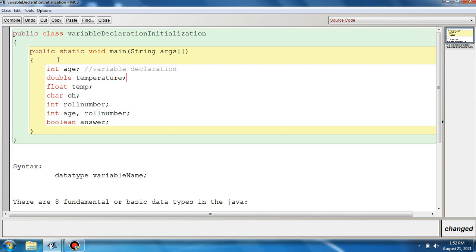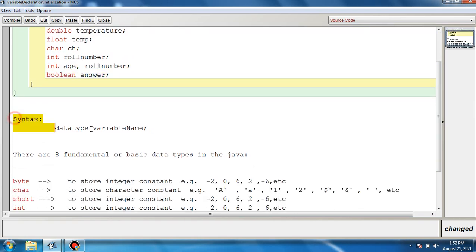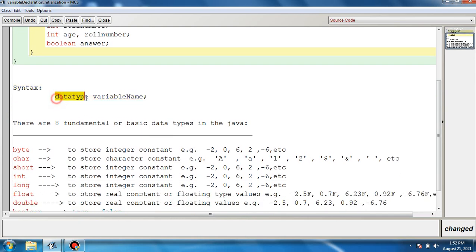In this video, we will discuss variable initialization. During the last online class, we had discussed how to declare different types of variables. So you can see here the different statements that we had discussed during the online class. Here we had declared the different types of variables, and we had also discussed the syntax of how to declare a variable: data type name followed by the variable name, then followed by the statement terminator, that is